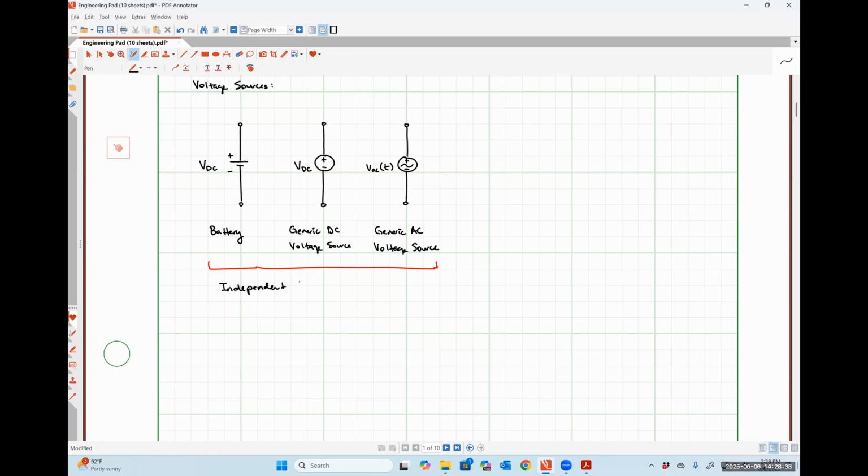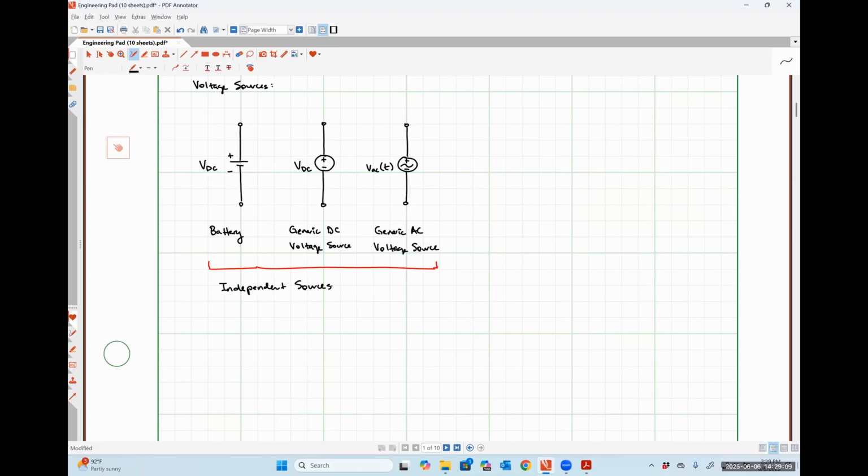Independent. There we go. Sorry, I had to think so long about how to spell that. So when I say that I have an independent source, what that means is that the amount of voltage provided by these sources is independent of what they are connected to. So it doesn't matter if I have that battery connected to a 5 ohm resistor or a 900 millifarad capacitor,